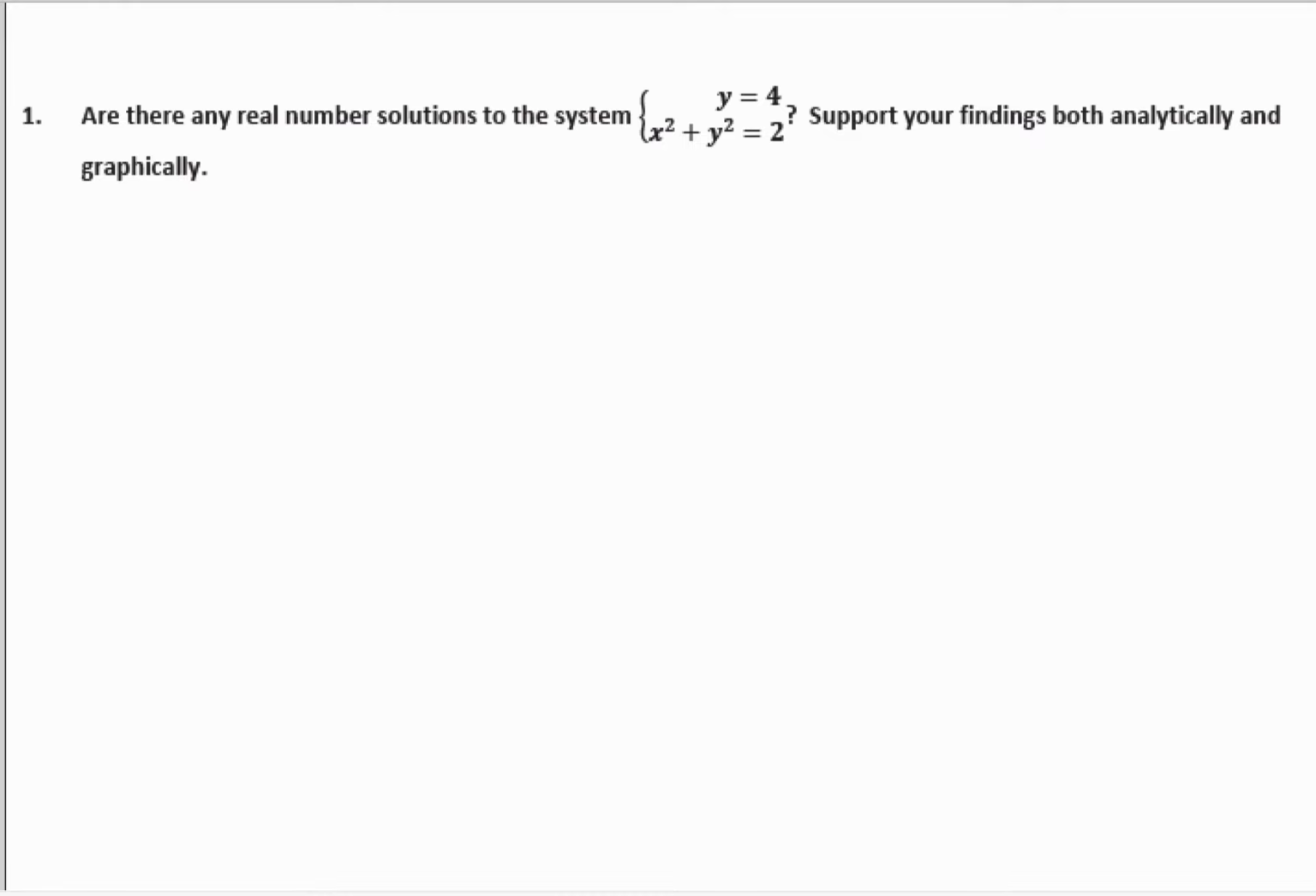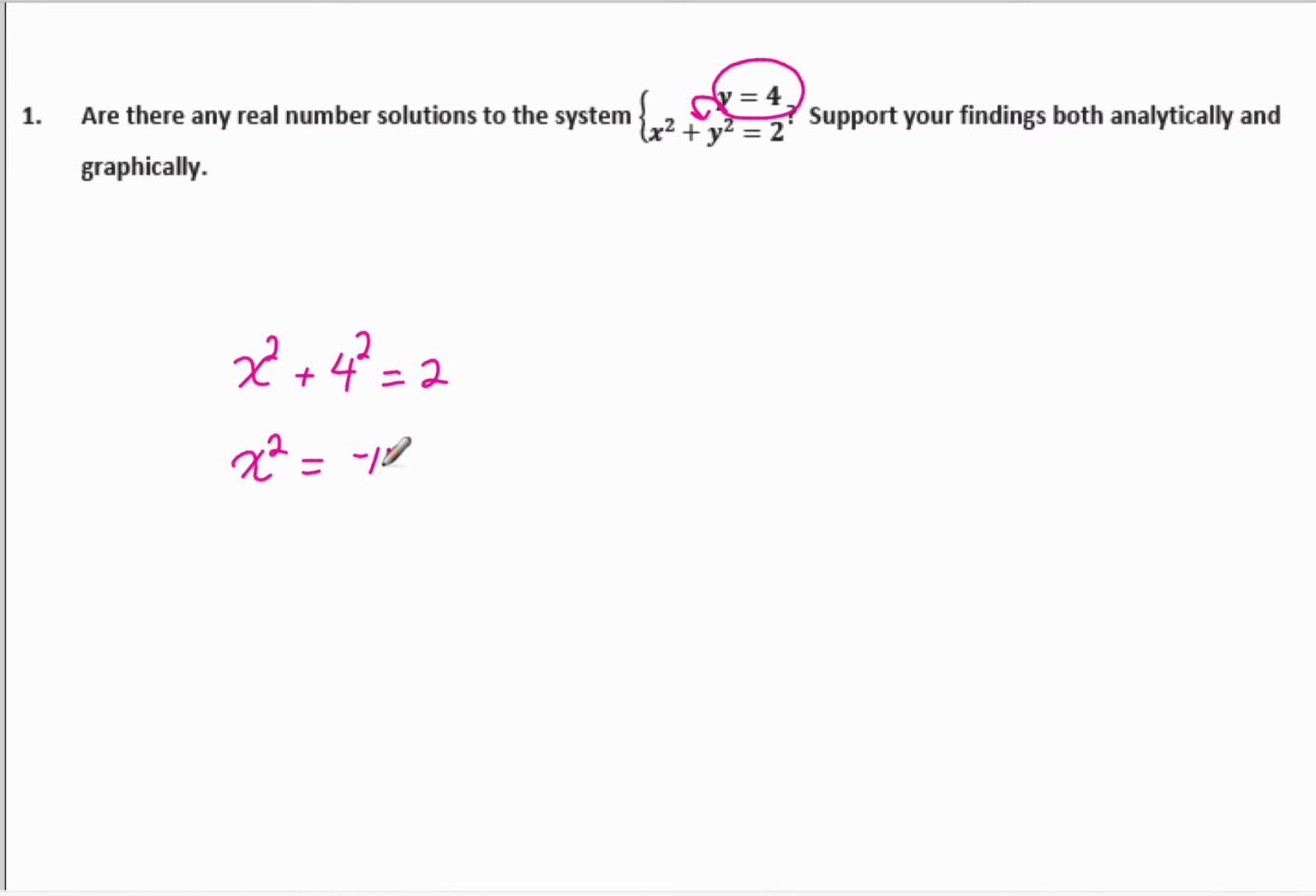So that means I'm going to have to do some solving here. So I'm going to use substitution. I'm going to take the x squared plus, and then every time I see a y, I'm going to replace it with the number 4. 4 squared equals 2. Right now, our brain should be going, well, this is impossible because something squared is positive, and if I add that on to the number 16, I'm never going to get the number 2. But just to keep going,